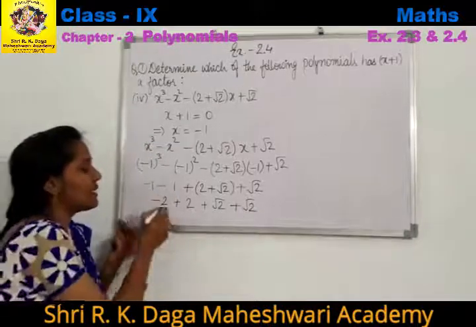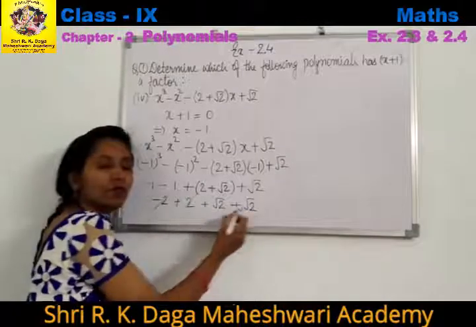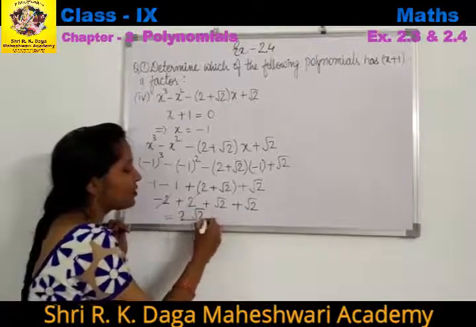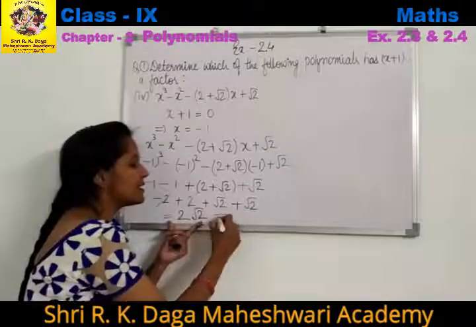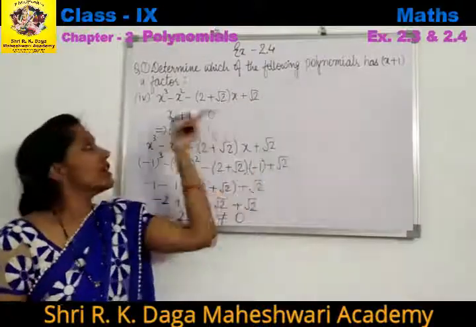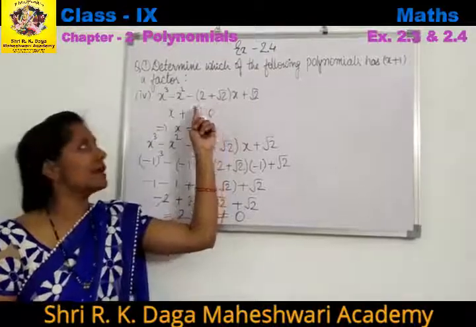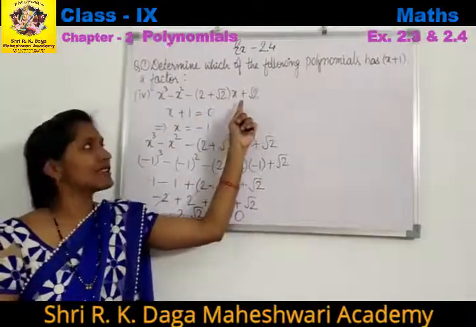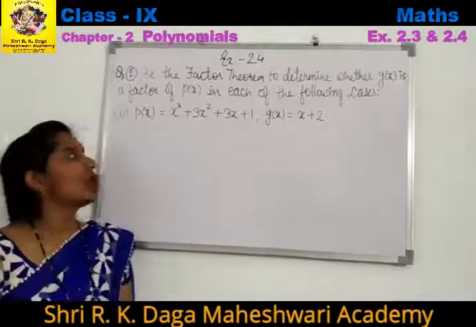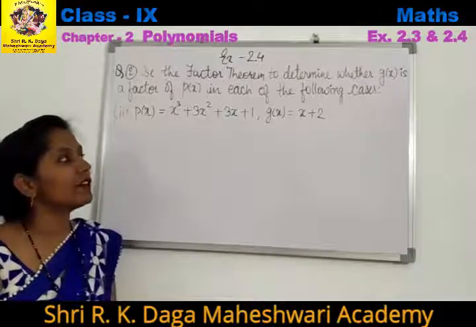Now you can see minus 2 plus 2 can be cancelled, but we have root 2 two times, so it will be 2 under root 2, and hence it is not equal to 0. So x plus 1 is not a factor of x cube minus x square minus 2 plus root 2 x plus under root 2. Now question number 2 of exercise 2.4 is use the factor theorem to determine whether g of